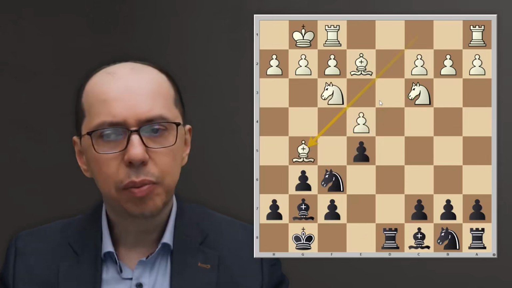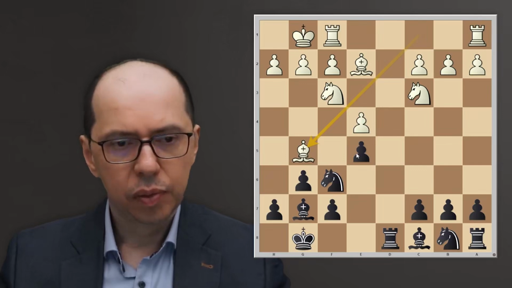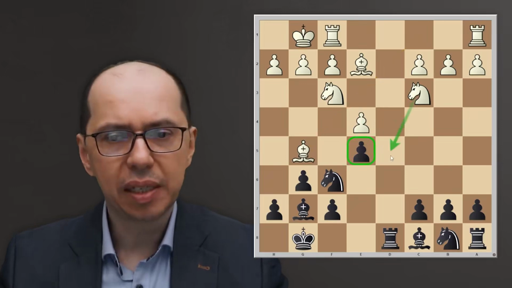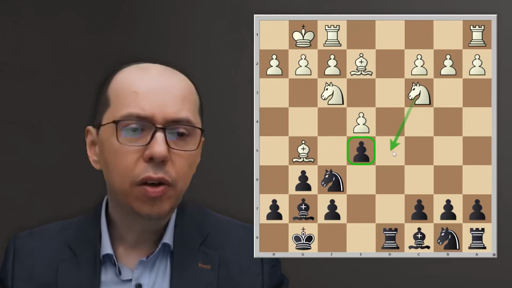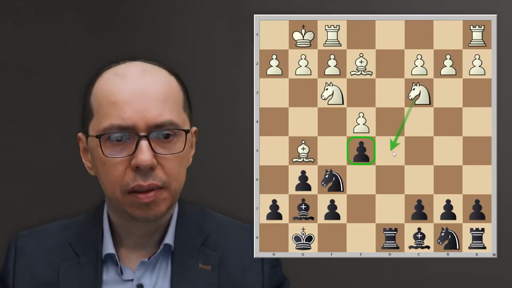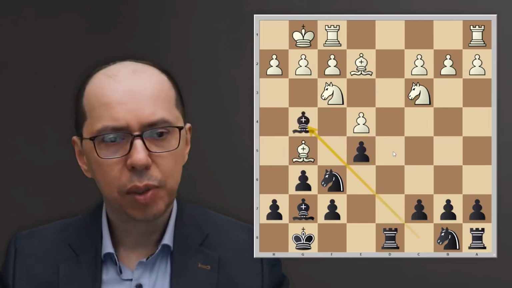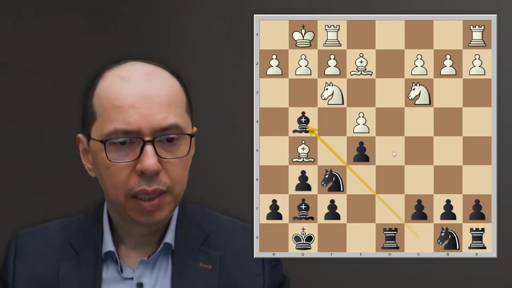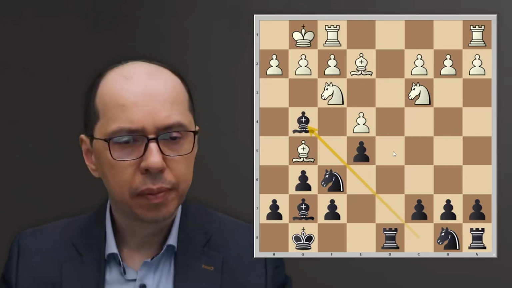Also here, white can play bishop g5, maybe already attacking the pawn on e5 and sometimes threatening knight d5. And here also, yeah, black has a number of plausible moves. I quite like bishop g4. And after bishop g4,